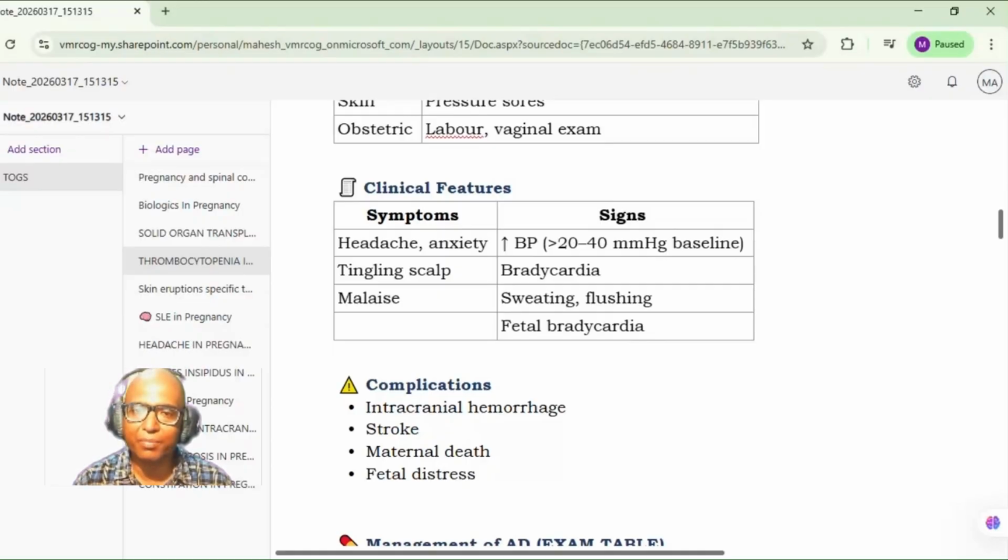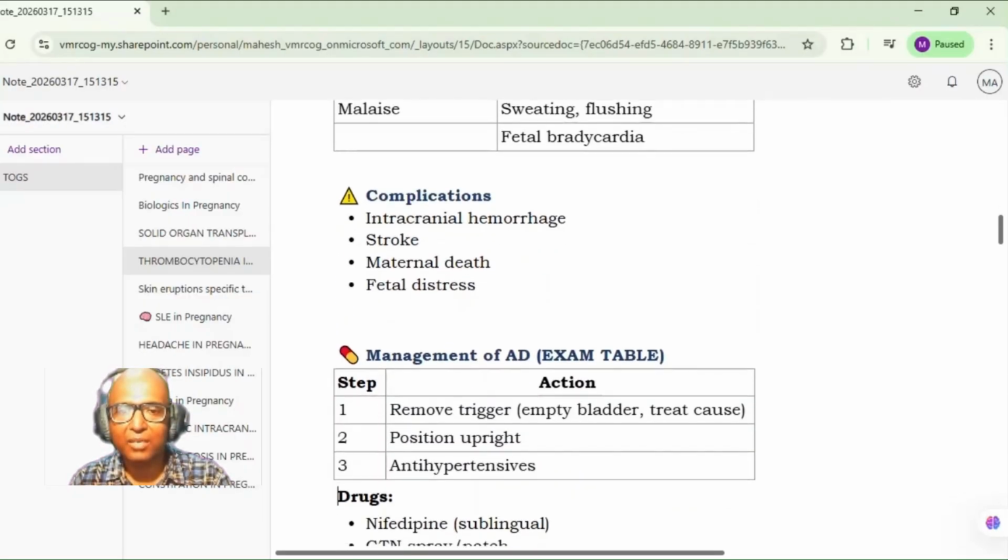Okay. Then clinical features: there will be headache, anxiety, tingling in the scalp, malaise, and signs will be an increase in blood pressure of more than 20 to 40 millimeters of mercury above the baseline. There will be bradycardia, sweating, flushing, fetal bradycardia, etc. And what complications can happen in this patient? There can be intracranial hemorrhage, stroke, maternal death, fetal distress, etc. Then coming to the management of